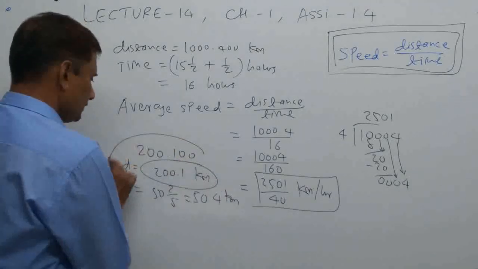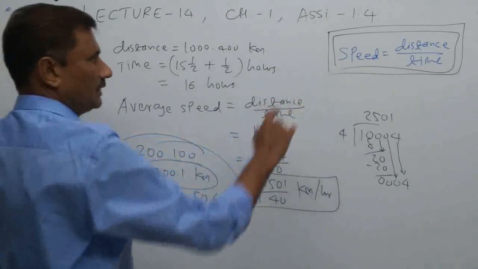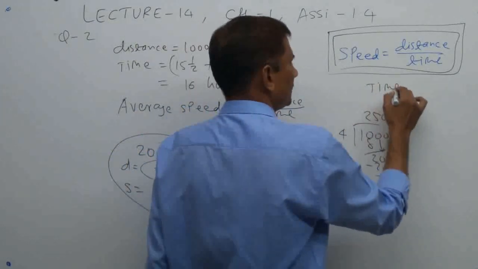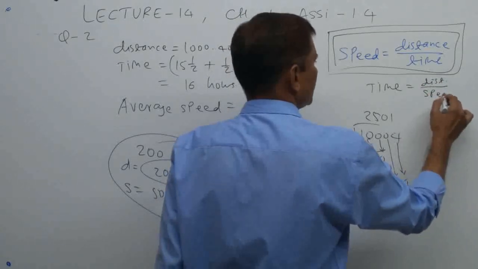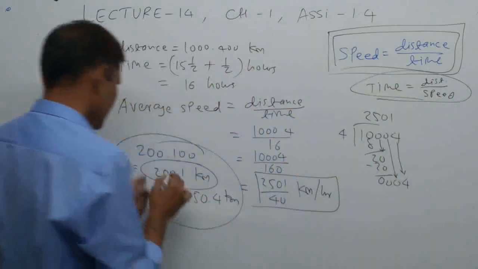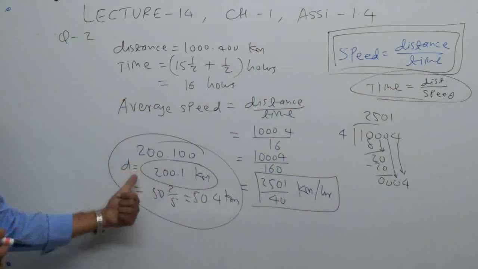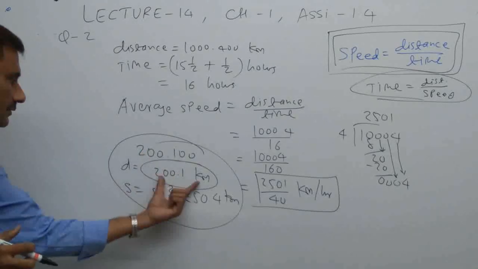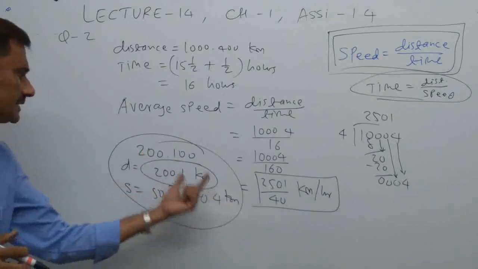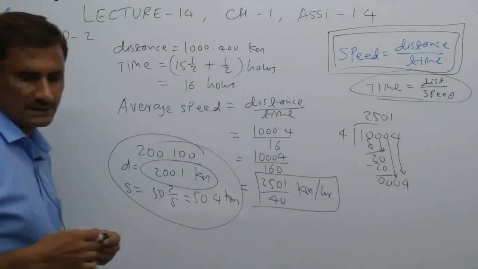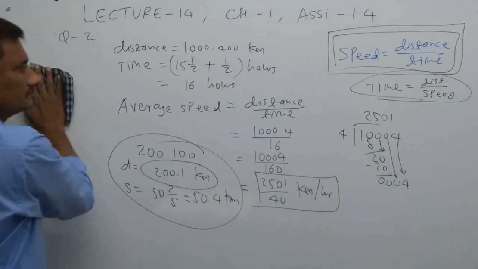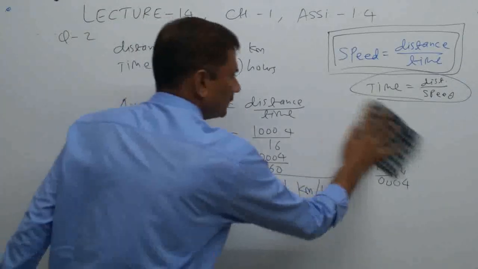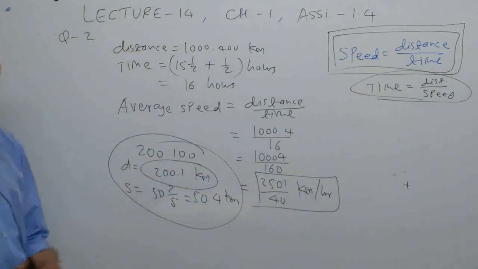Okay, now just put this value in the time formula. Time will be what? Distance upon speed. So I have given you the required hint here. This formula will be used and the list is here. In the list, I already converted kilometer and meter into kilometer, and whatever was given here into decimals, so that you can go ahead very easily. Whatever I circled here is the hint for question number 3 given in homework.